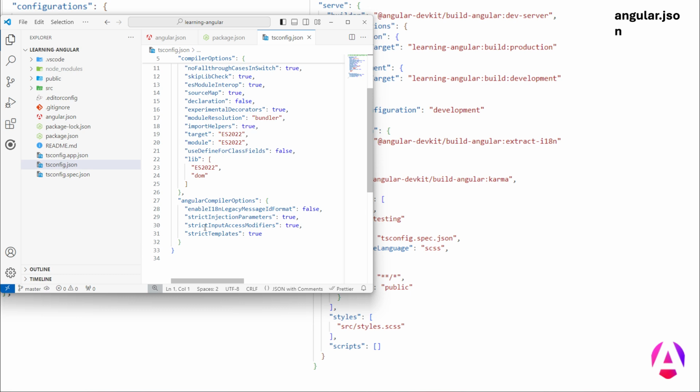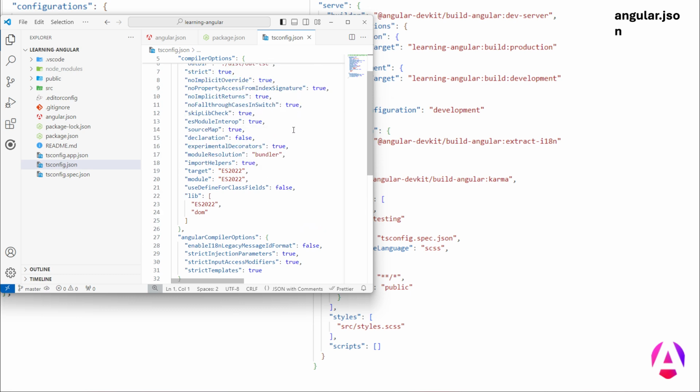So this is the Angular compiler options. When we compile the code, we enable the i18n multi-language part. Initially it will be set to true. strictInjectionParameters is set to true. So these are the settings of any TypeScript part. So next we are moving to our